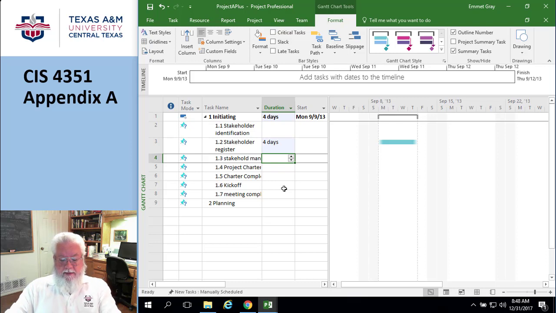So, if I ask you on a test question, why on earth would you want to save a project file without setting a baseline? How would you answer that? Okay, you think you got it? Okay, good. So on page 29, they talk about